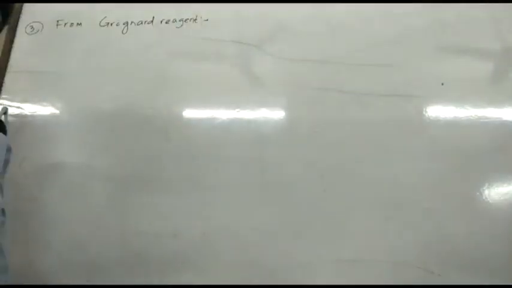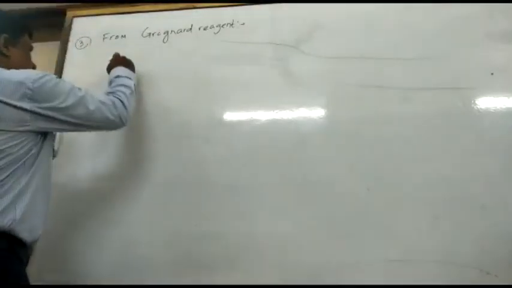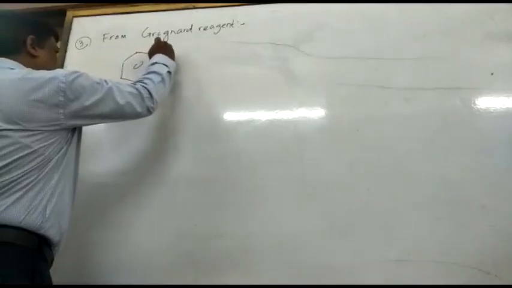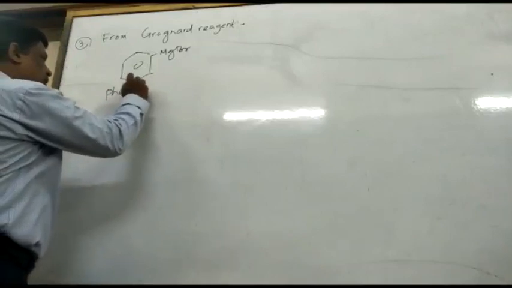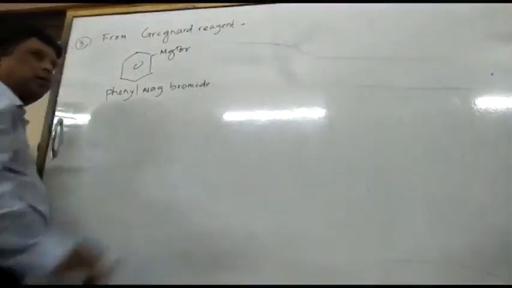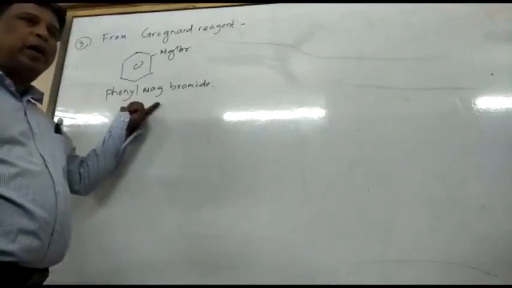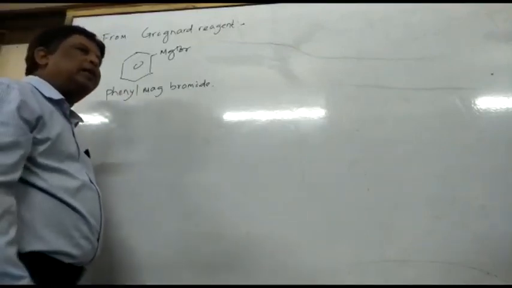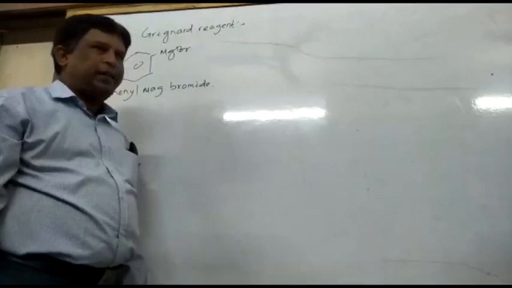What is the Grignard reagent? That is alkyl or aryl magnesium halide, represented by the formula RMgX or ArMgX. As we discuss aromatic compounds, its formula is C6H5MgBr. Its name is phenyl magnesium bromide. What is the statement? When phenyl magnesium bromide undergoes oxidation in ethereal medium, an addition product is formed, which upon acidification gives phenol.